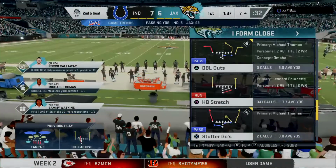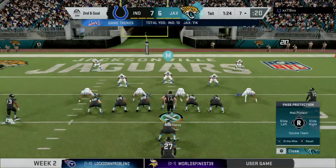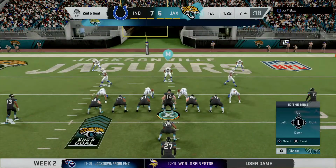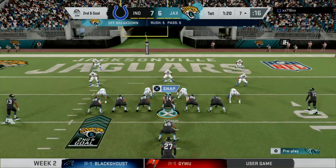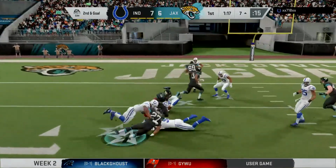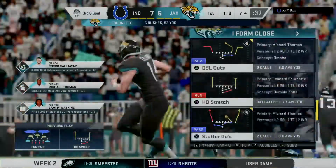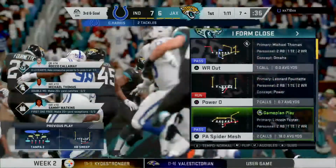Defensively, pretty good start there with their backs against the wall. That's a win for the stop troops right there. And if I'm them, I get a little bolder now. They won the first battle. Keep coming after him. Put the pressure on him. On 2nd down, here's Fournette. And he stopped immediately there. No gain on the play there, and they're going to need to come up with something better here on 3rd